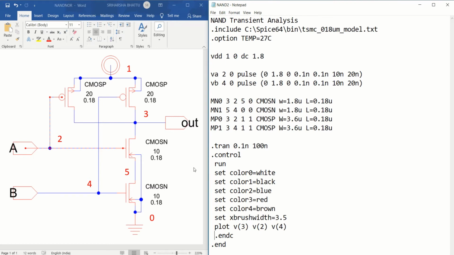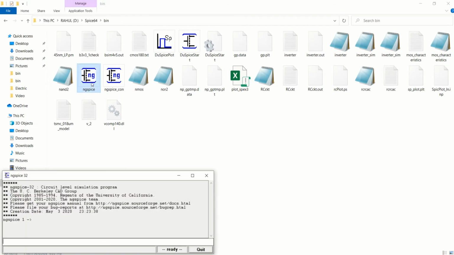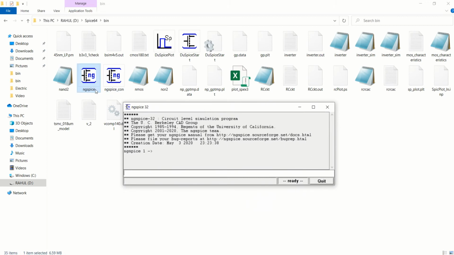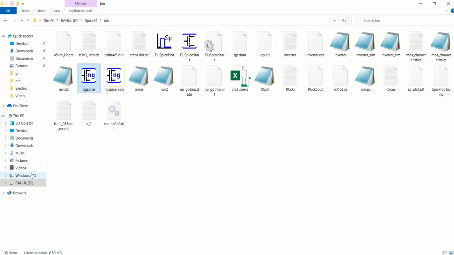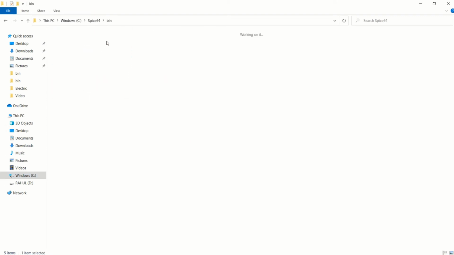Once you have saved the file, you can go back to the folder where it is, and you can run or execute this particular ngSpice simulator. Double clicking on this, it will open the ngSpice circuit simulator. You can go to C where we have saved our file, spice64 bin.